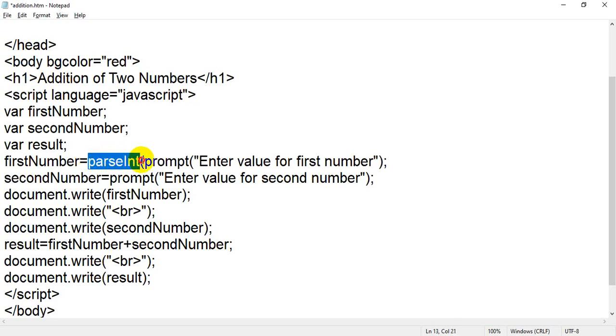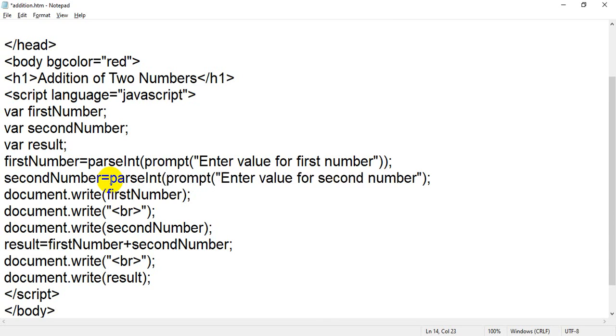So I will write opening bracket, and at the end I will write closing bracket of parseInt. In the same way here I will put parseInt, my opening bracket of parseInt, and at the end closing bracket of parseInt.